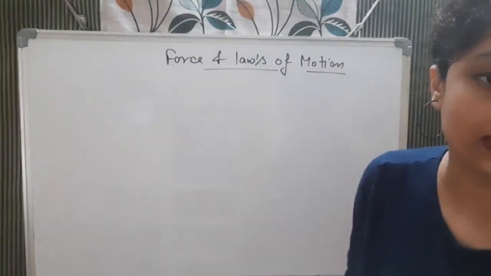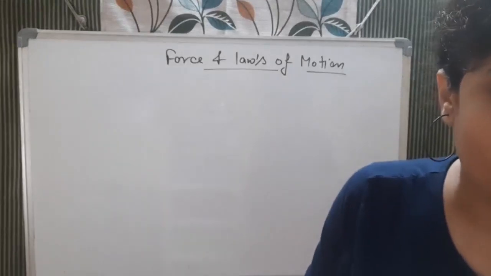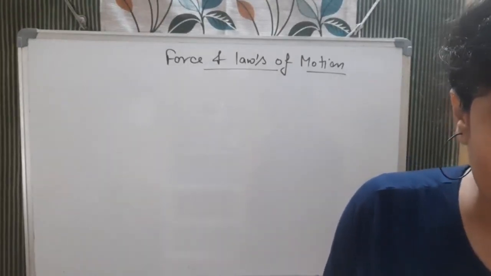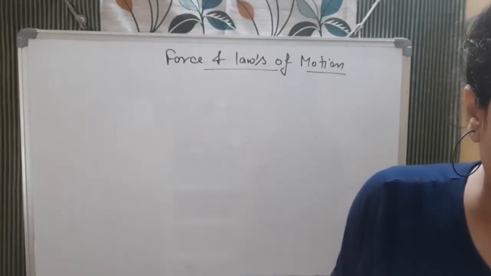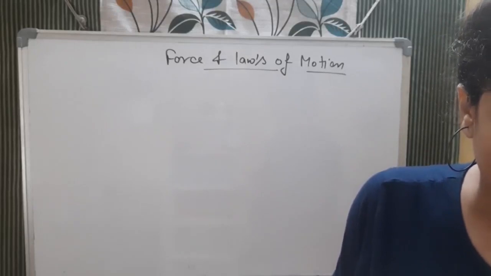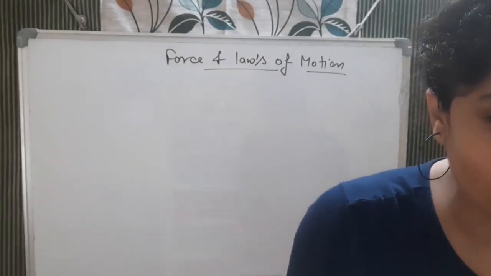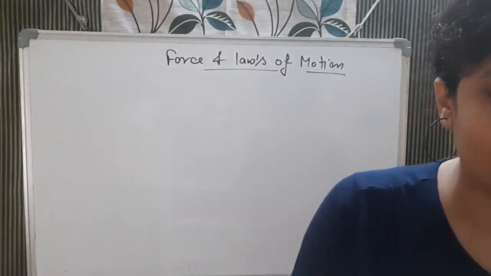Now the next question is: a batsman hits a cricket ball which then rolls on level ground. After covering a short distance, the ball comes to rest. A: The ball slows to a stop because the batsman did not hit the ball hard enough. Okay, the B part is what? Velocity is proportional to the external force on the ball. The C part: there is a force on the ball opposing the motion. And the D part: there is no unbalanced force acting on it.